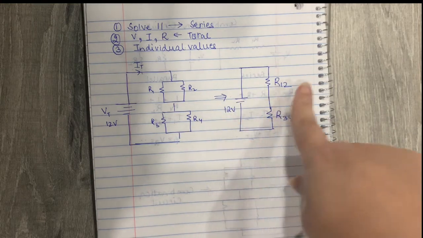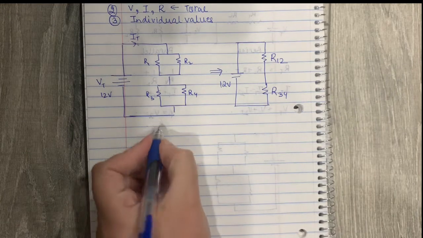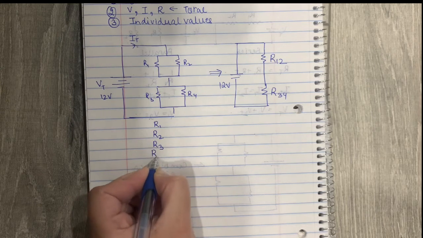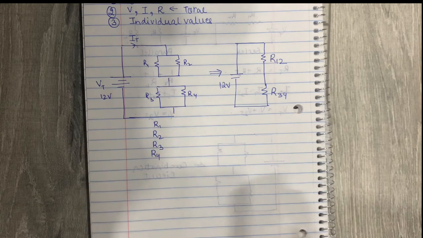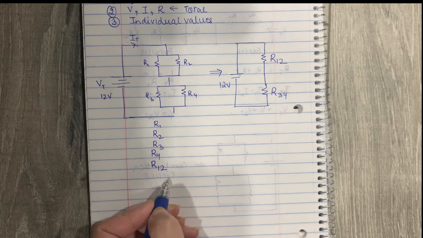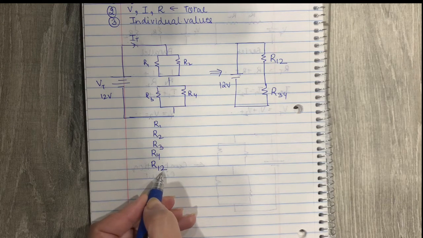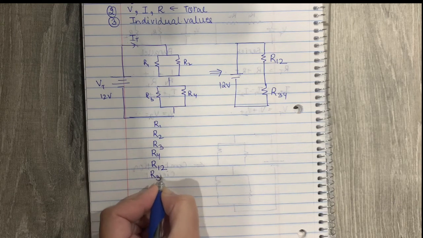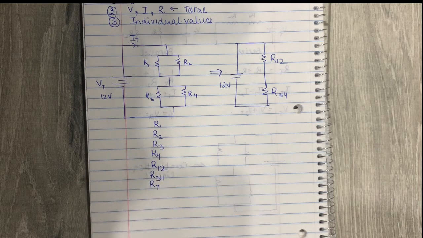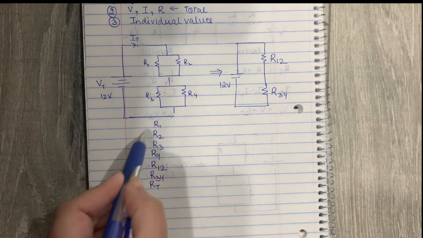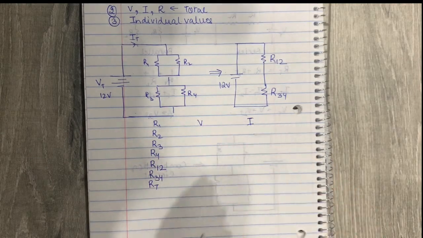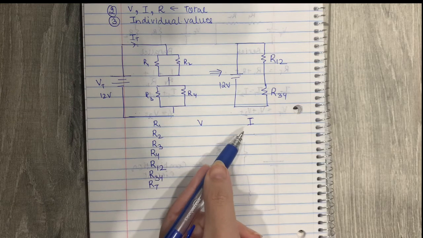Just by looking at the circuit and the values given to us, we know that we have to calculate these values. Because there are 4 resistors, we want 4 resistor values, and resistors 1 and 2 were in parallel, so we have to get a value of R12 also. Similarly, we need to solve the values of R3 and R4, and then we can calculate the value of total resistance. Similarly, we have to find the same values for voltage and for current as well. So let me make the table and show it to you again. Which values do we need?